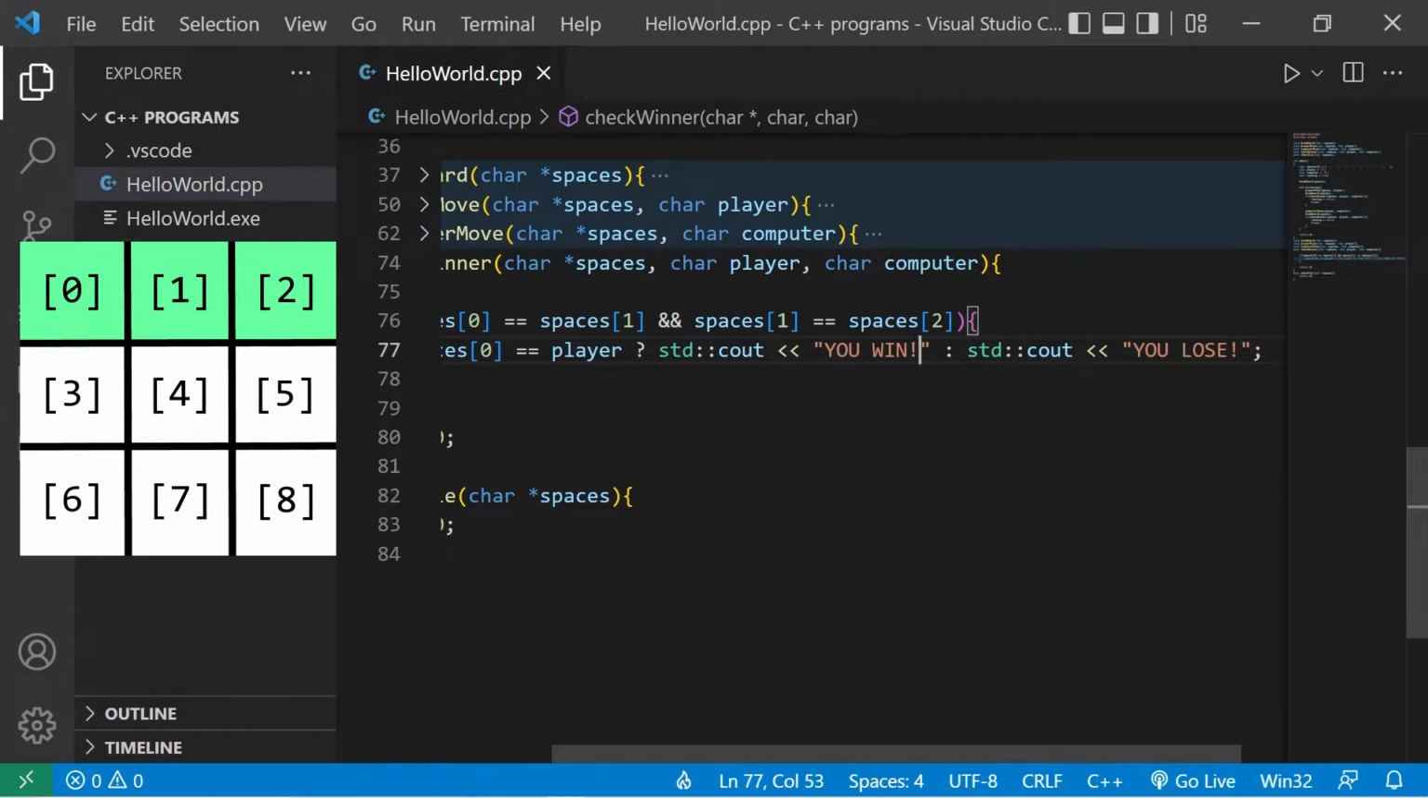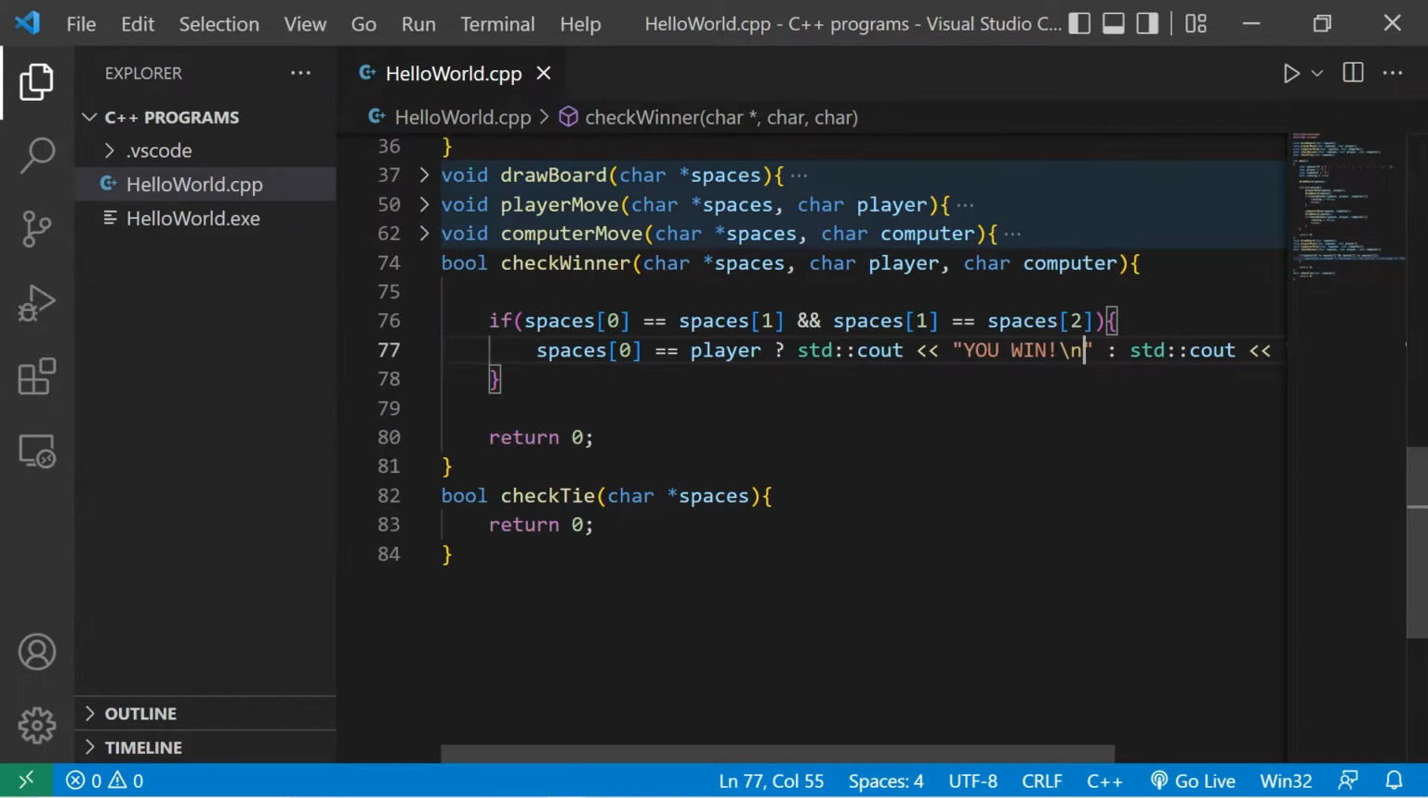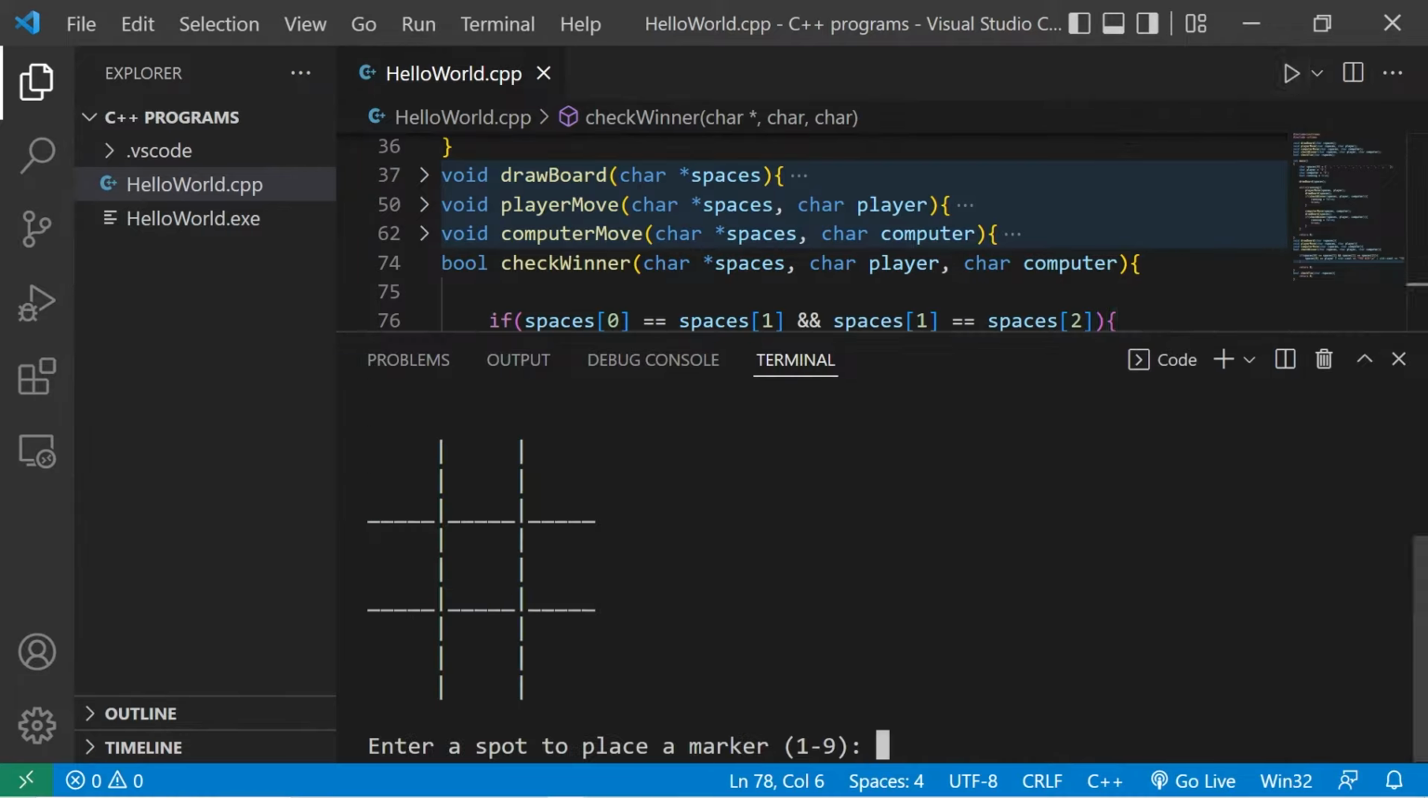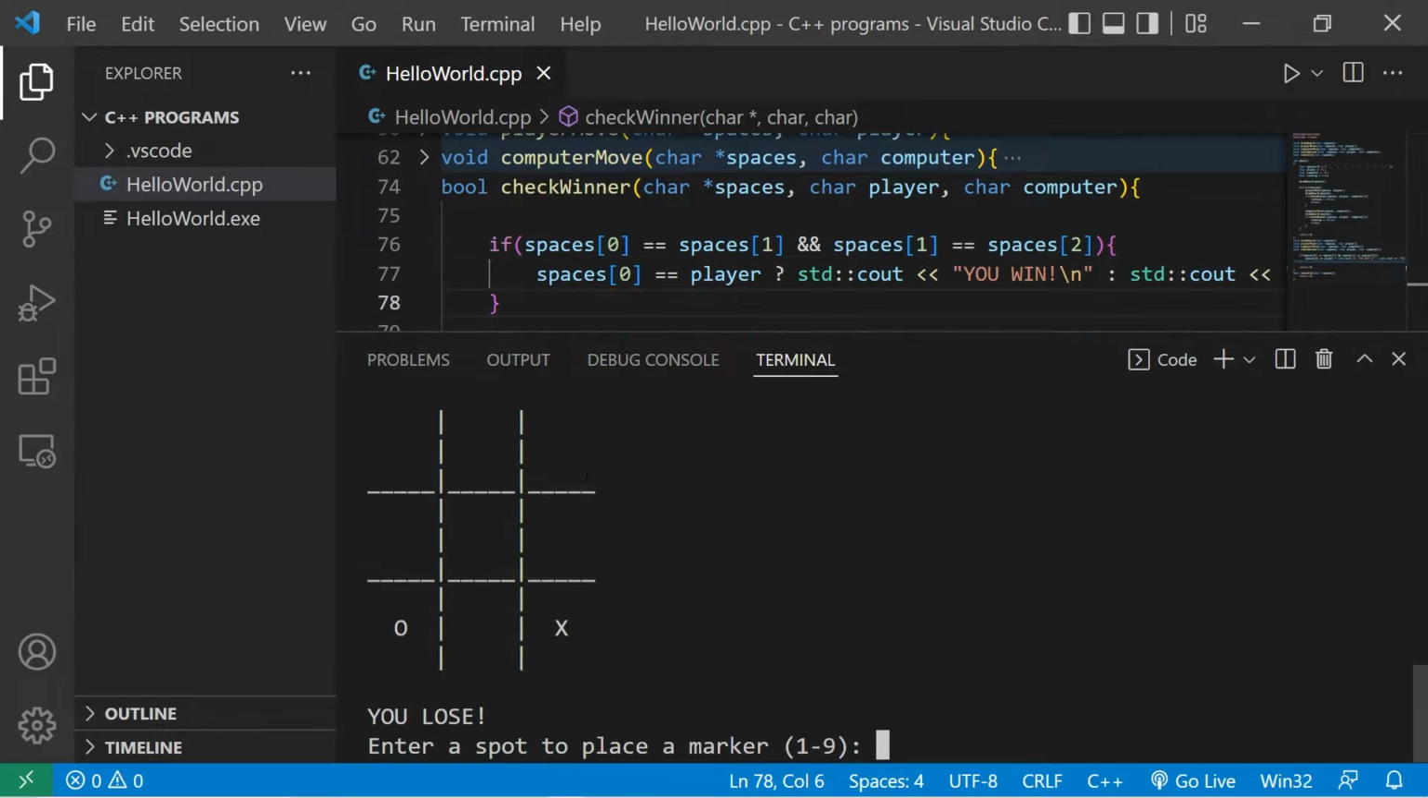Then I'm just going to add a new line here and here. Okay, there's one more thing we have to do with this condition, and I'll explain that. So let's run this. I'll pick spot number 9. You lose. The reason that we lost is that we're checking to see if the first row all has the